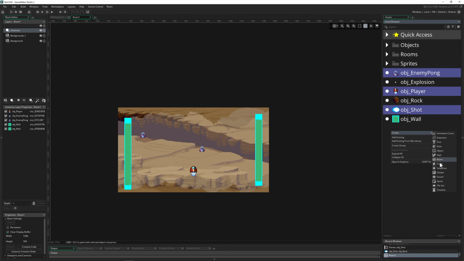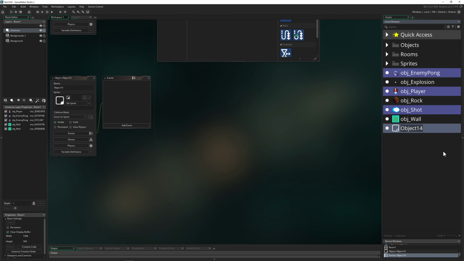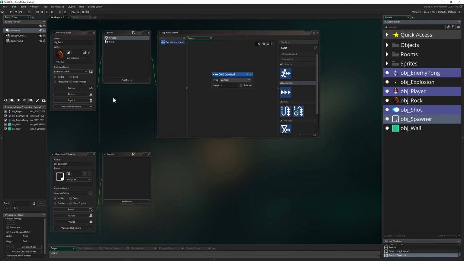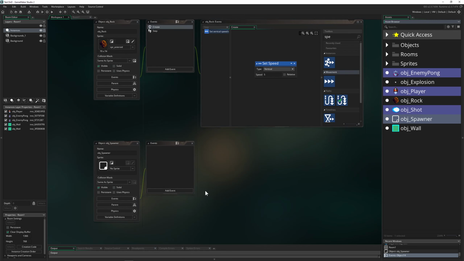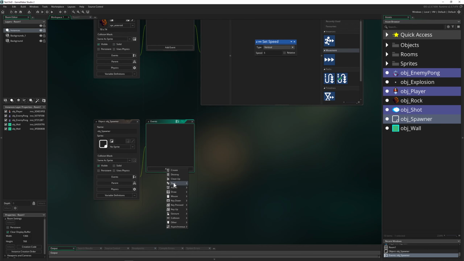For that, we will have another controller in the room, which is another object. So object, and then it is called spawner, because it will spawn, well, rocks. And we could do that in the step event, which would be a little bit overkill, because imagine you are spawning 60 rocks or asteroids every second. This is way too much, and therefore we can kind of use and abuse the system of